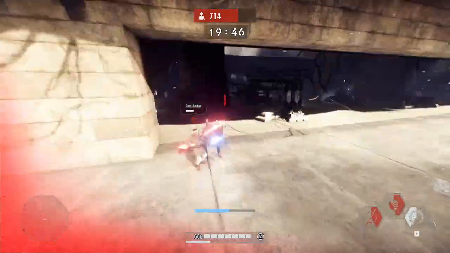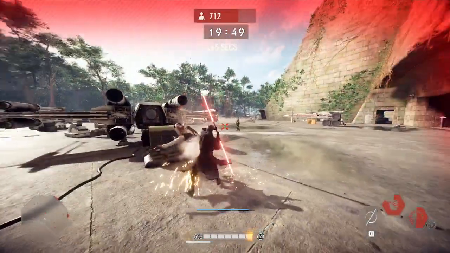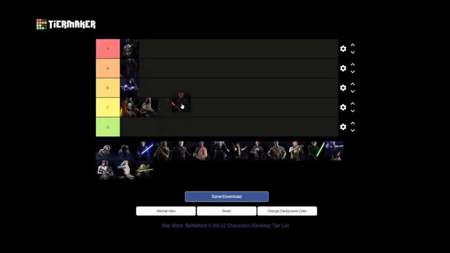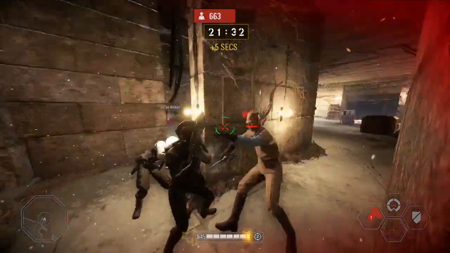He can spread insane amounts of damage across a large group of enemy soldiers, being such a fast-paced villain. He does exceptionally well in duels, being so fast and agile, and with his aggressive playstyle, so I'm going to put him in A tier. Iden has got an extremely fast fire rate with her gun, the TL-50, which also has